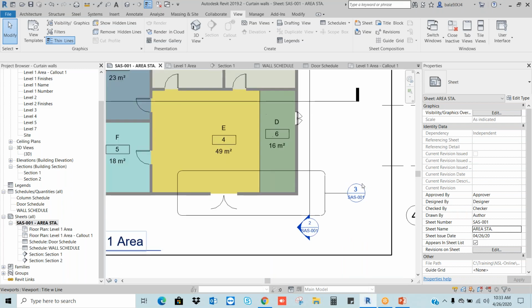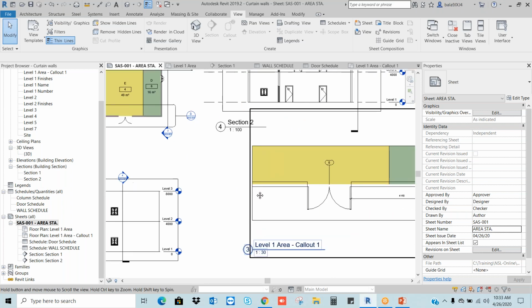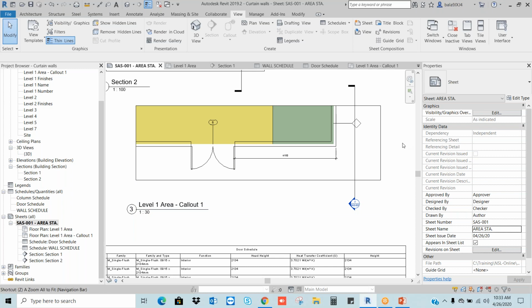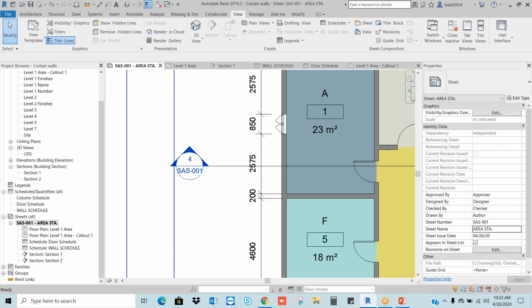So what is detail number 3? I will check it. Where is detail number 3? This is 1, this is 2, this is 4, this is 3. I can check the detail from here. This is very important to understand drawing reading. Whatever software you want to learn, whatever tool you want to use, whether you use tools or not doesn't matter, but these sequential and interconnected numbers should be known by each and every person. Very important. Okay, so we will get the section numbers in this way.